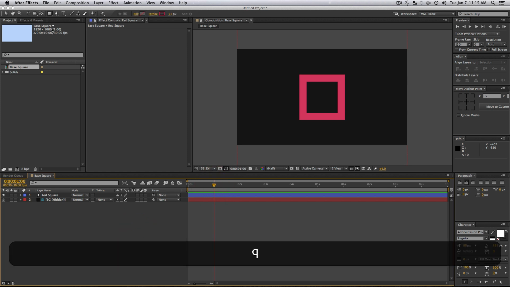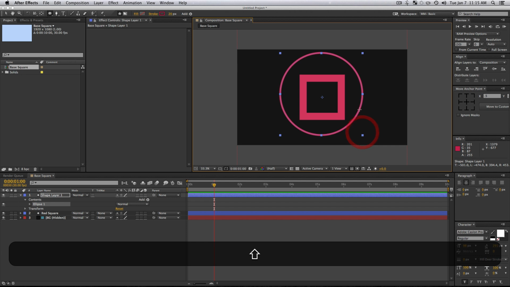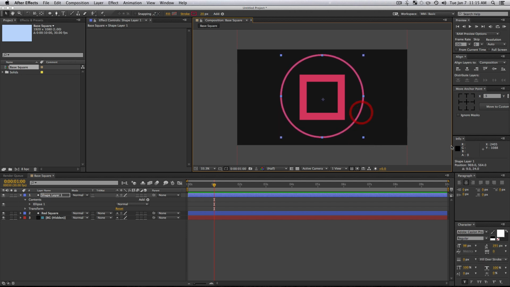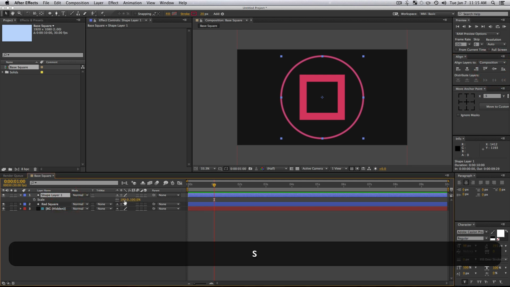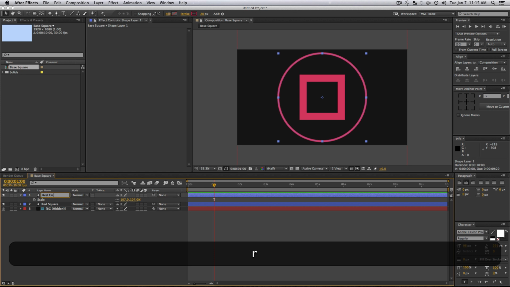Press Q on your keyboard to cycle through your primitive objects or your shape layers. And we are going to be doing a circle, also with a stroke here. But I think I'm going to do a stroke of maybe like 20 instead of 55. And I'm just going to draw a circle here. And let's see. I'll also center my anchor point and center it in the middle of my composition. So I'm going to scale up my shape layer just a little bit of my circle until it's just about on the outside of our composition. Make sure not to go over it. So I'm going to call this a red circle.